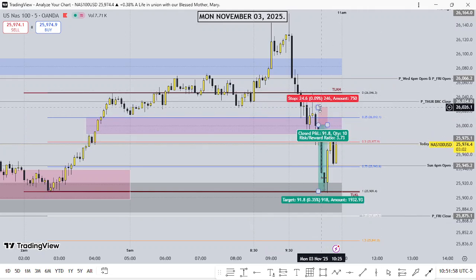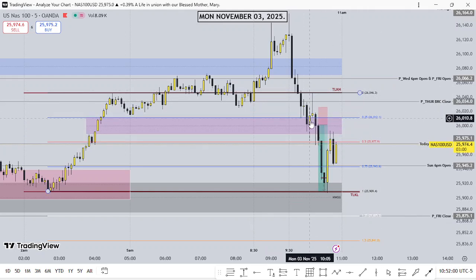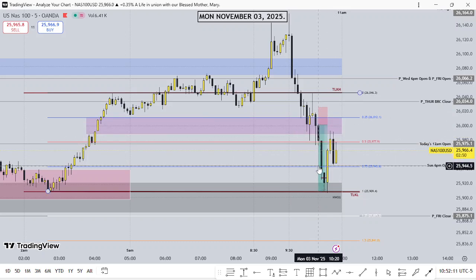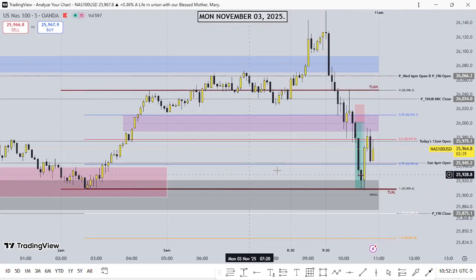So once I saw that, and then this next candle here already drew into the 0.5% level where we had today's 12 a.m. open, right? I just knew that price was definitely going to now draw down into the 6 p.m. open, due to experience. And yes, most of the time, this is the new week opening gap. Most of the time when the new week opening gap was fairly traded into by price,